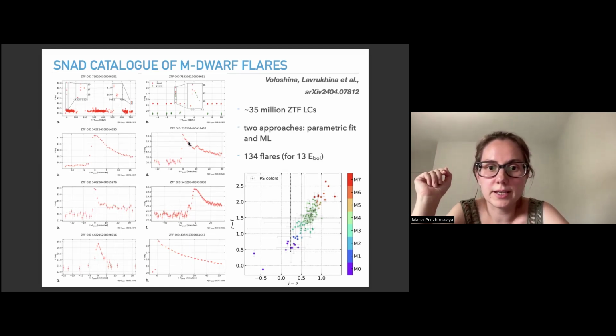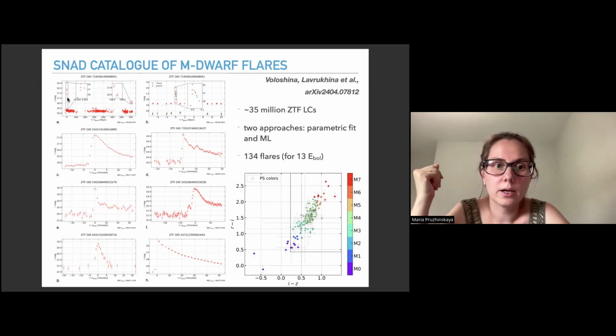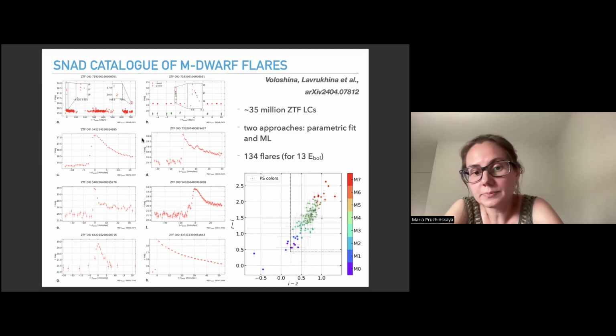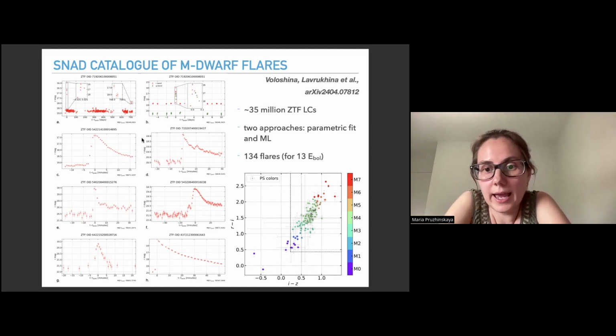So you could see that they have a very different morphology. Some of them can be observed simultaneously in two passbands. Some of them are repeating, and this work is actually to show that